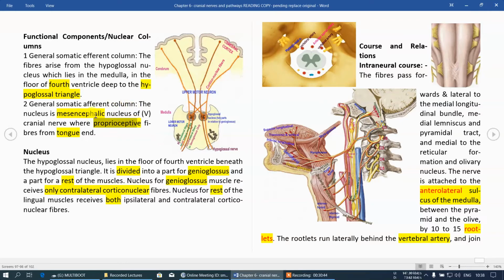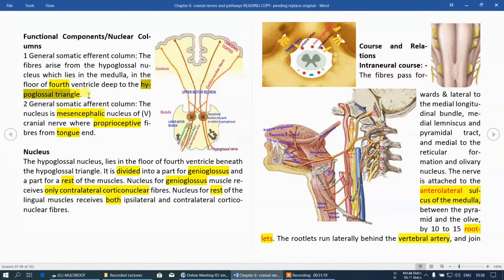The afferent component is the mesencephalic nucleus of the trigeminal nerve, the cranial-most part. The efferent component is the hypoglossal nerve supplying the muscles of the tongue. It arises exclusively in the hypoglossal nuclei, a dedicated nucleus in the general somatic efferent column. You will find this term in the roof, in the posterior view of your brain stem.